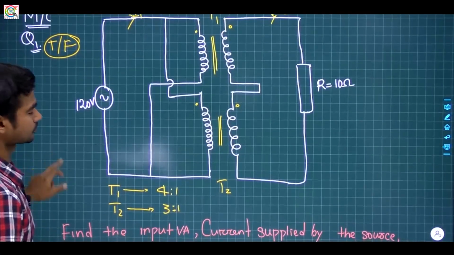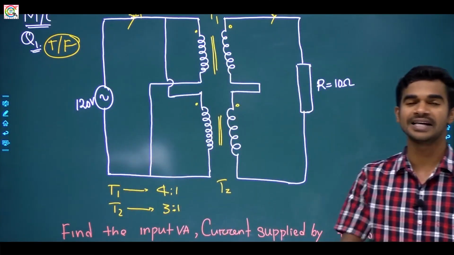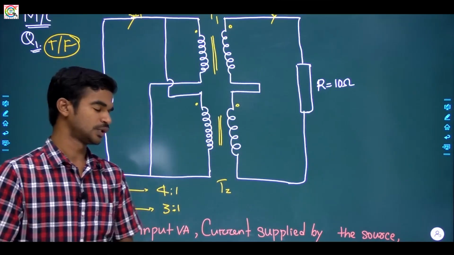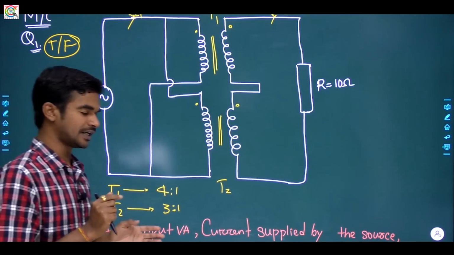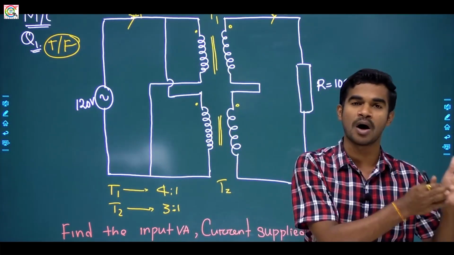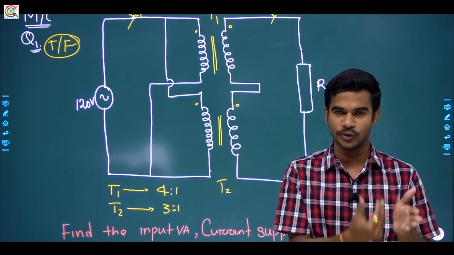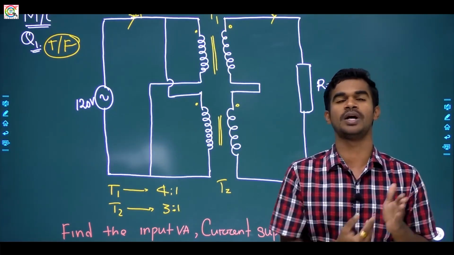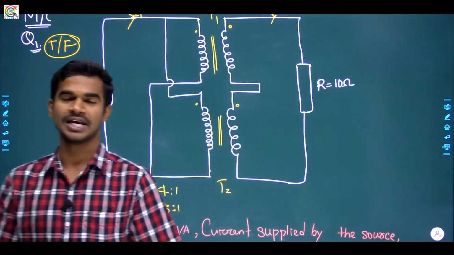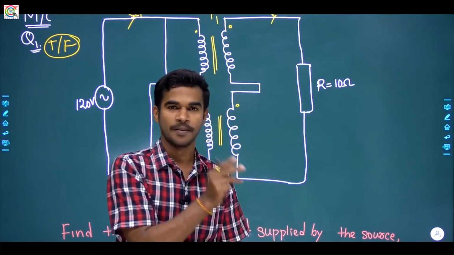This type of question can be solved by two methods. Either you can solve by the power balance equation or the MMF balance equation. Let's try the first method, the power balance equation. What is the meaning of power balance? The power consumed by the load must be equal to the power supplied by the source. This is an AC supply, so obviously both real and reactive power you have to check.